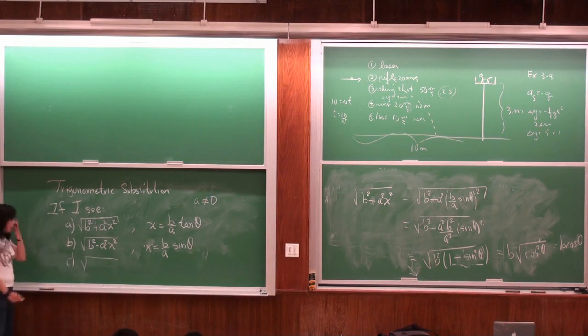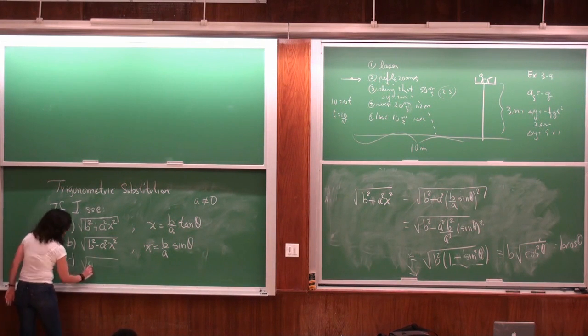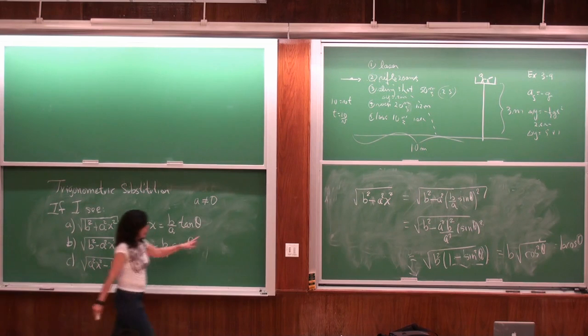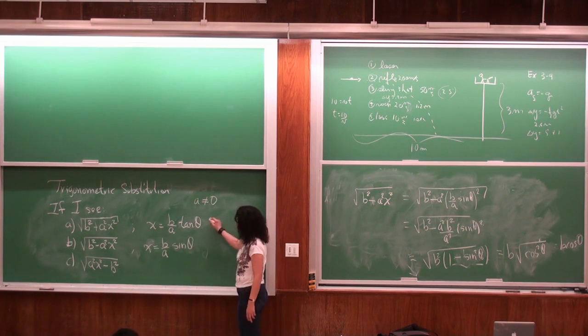Alright, so what if I have now, I'm going to change it. Now it's going to go like this: A squared x squared minus B squared. I just flip that side. But I need a different trigonometric identity. My secret here, in parentheses, is that I know that 1 plus tangent squared is secant squared.